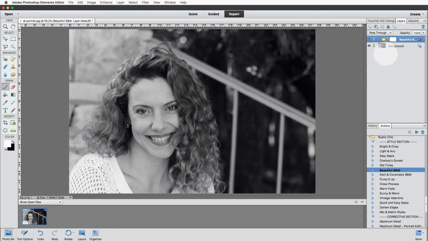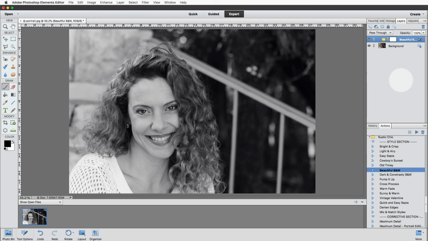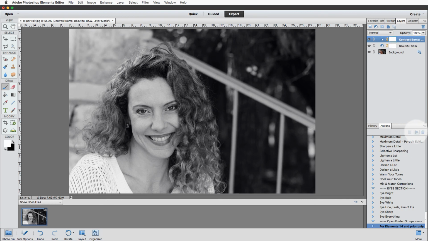So we've got that. If you want to edit the underlying layers, you can't double click to open them. You can only change the layer name. So in order to open that, you're going to run this Open Folder Groups action. And you can see that opens up your folder and gives you access to these layers. So if you wanted to paint on the layer mask, you could. For instance, with a black paintbrush, I could remove the black and white effect from my subject